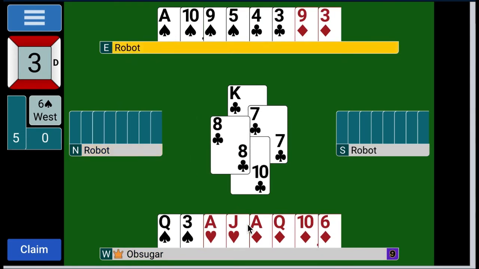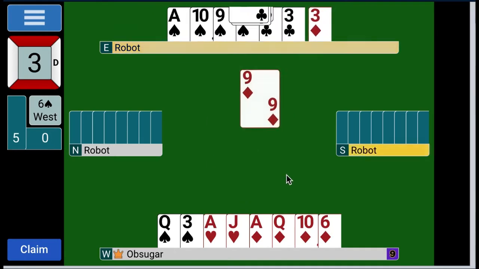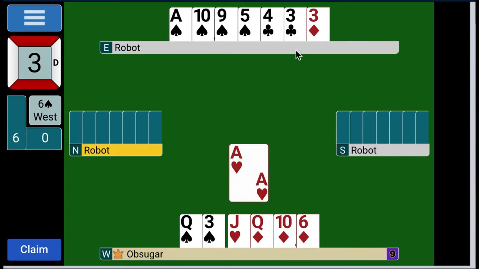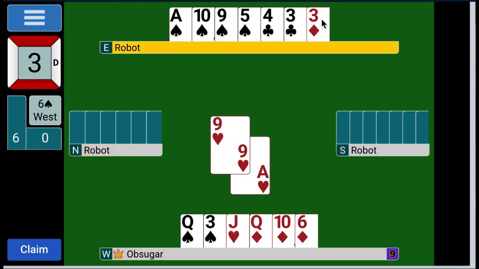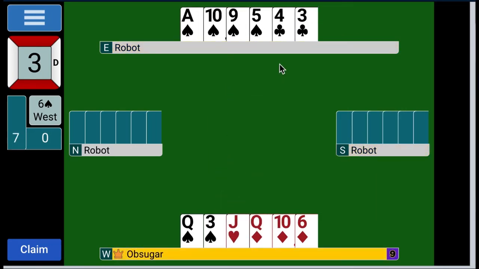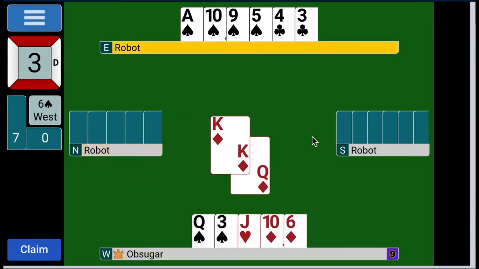Now, it would seem that the thing to do here would be to start roughing the clubs, but actually what you're going to do is dump a diamond here, right? You could over rough this heart if necessary, right? And then we're going to rough a club. Sorry, and then we're going to rough a diamond, right? The jack of hearts is good, in a sense, right? But here, the king of diamonds comes down,